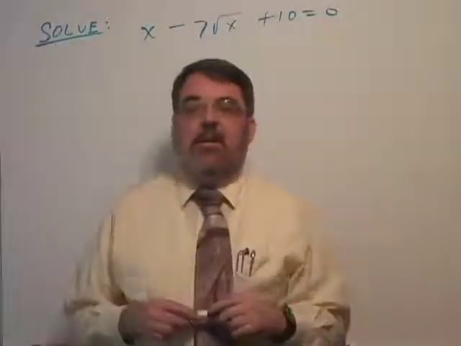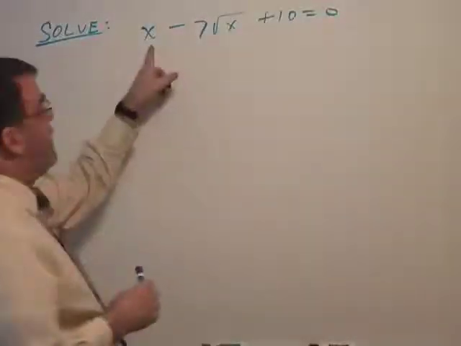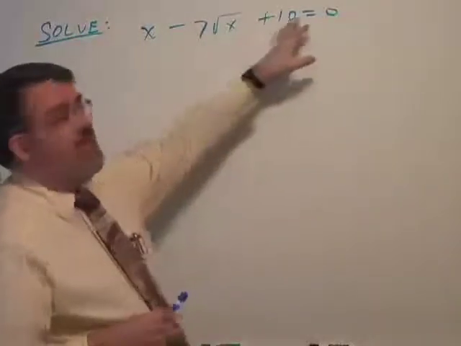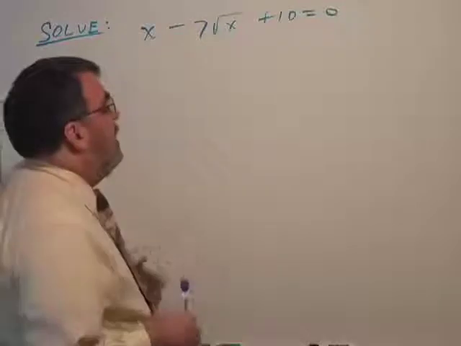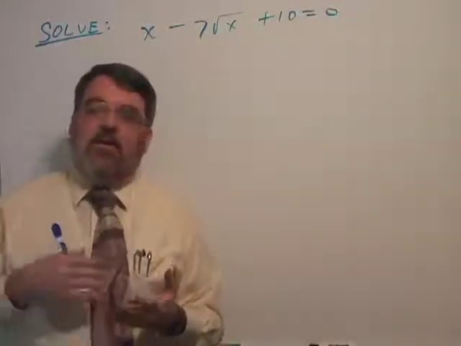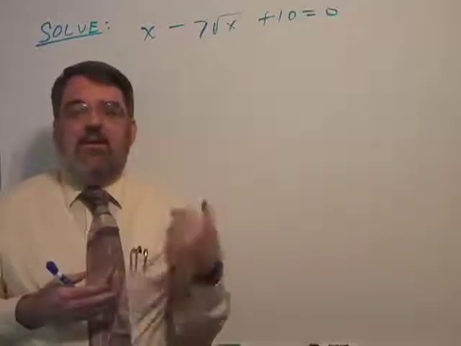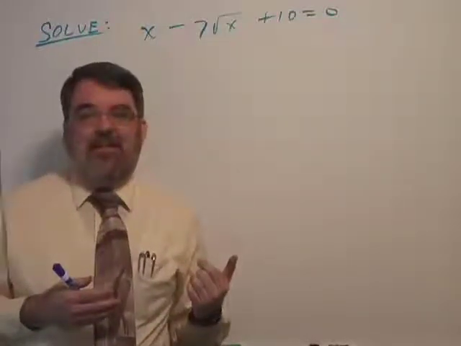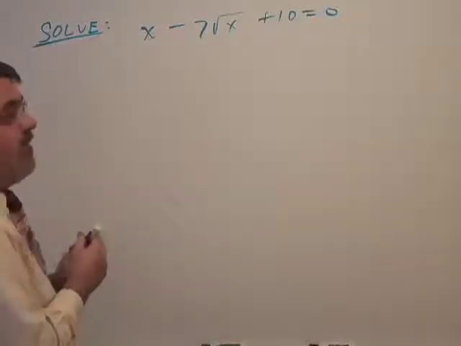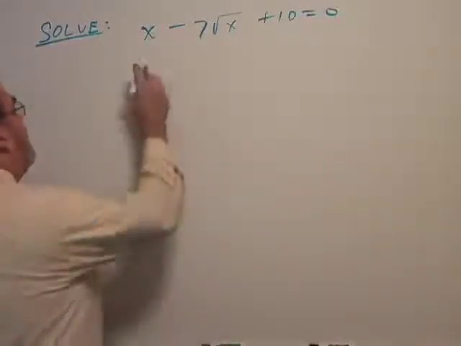This problem is, let's read it. It's x minus 7 times the square root of x plus 10 equals 0. This is more of an obvious quadratic form. It actually is a quadratic equation if you look at it the right way. And it's not a true quadratic equation, but it would be if you were thinking in terms of the square